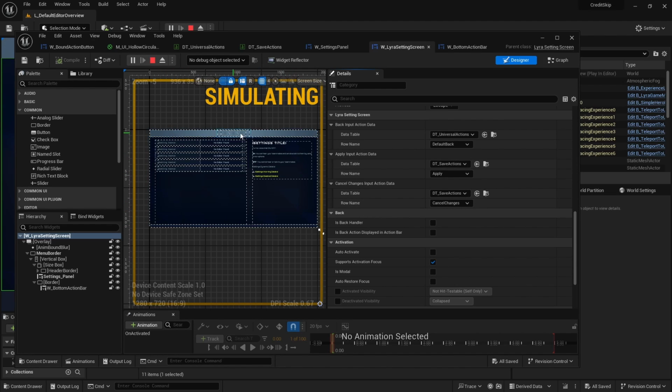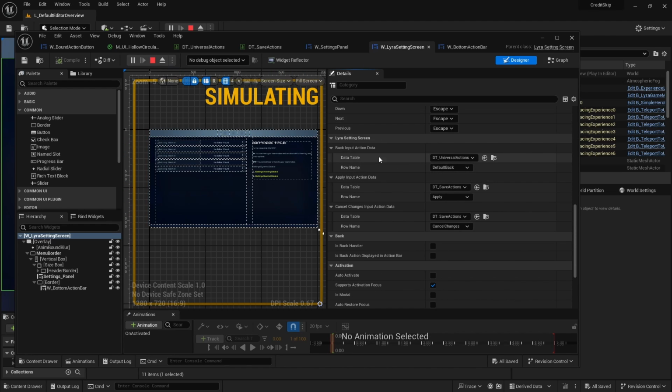If you have any kind of widget that doesn't need any special attention, you can just enable isBackHandler and isBackActionDisplayedInActionBar. So this will make sure that the back key you have will go back, or it'll essentially deactivate the widget. So these all come with the common activatable widget, and it's out of the box with the common UI, which is really nice.